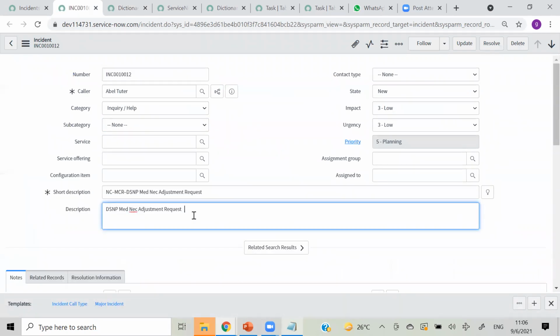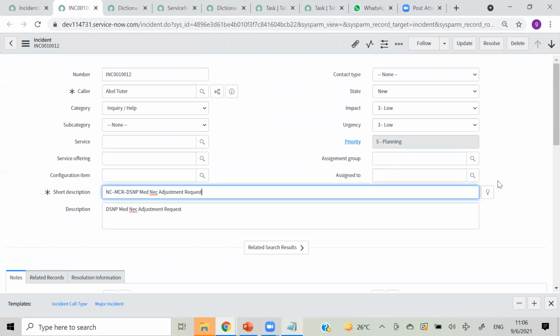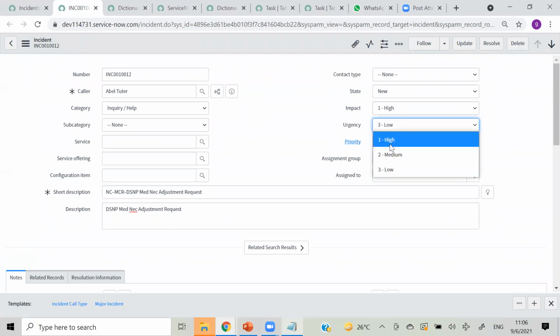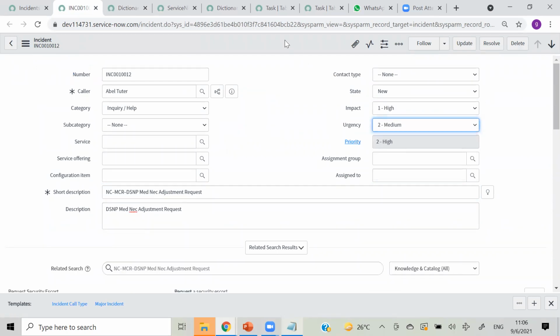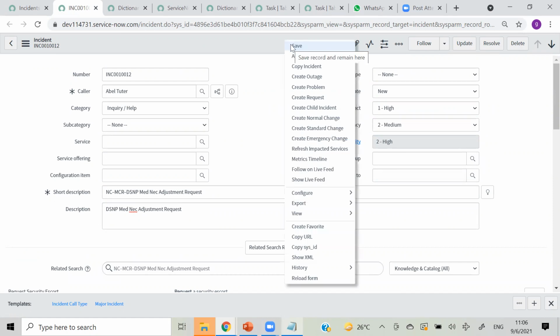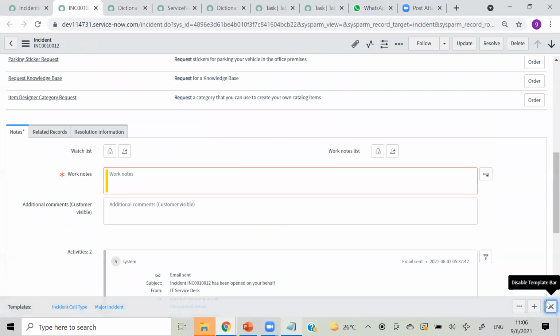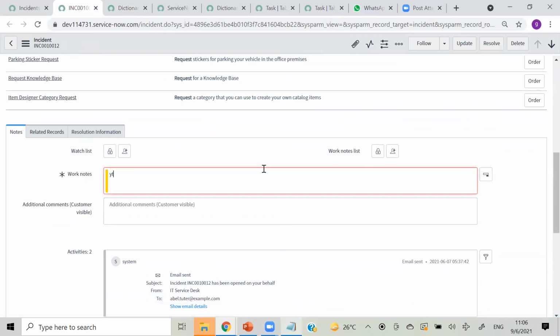So this is the first thing. I want to change, okay, I will give impact as 1 and urgency as something, and I am saving my form. Sorry, I have to give something here.